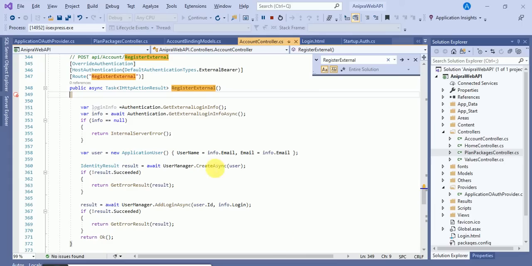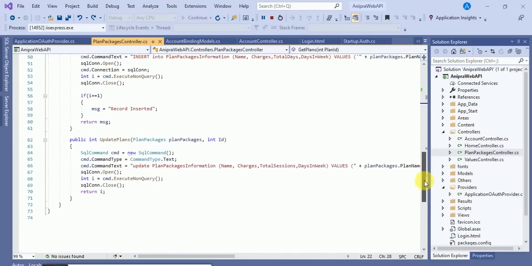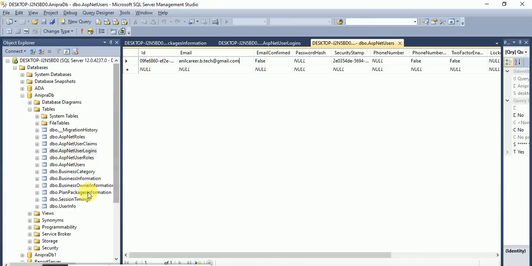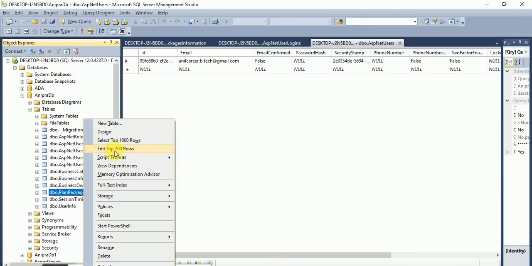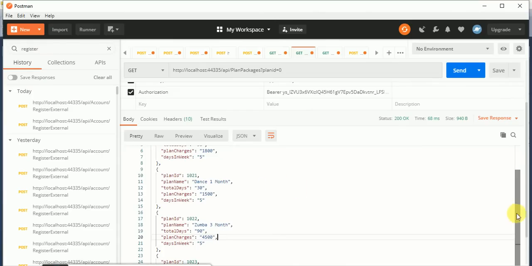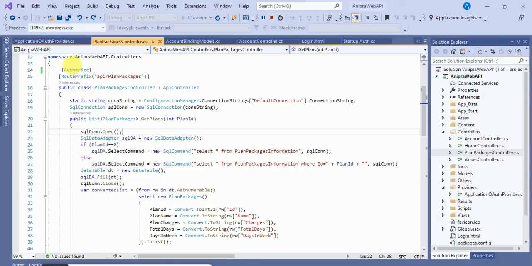How we can create the controller and how we are getting the data, I already told in my previous video. This web API is connected with a database, and in the database we have a few pieces of information over here. These are all the records that we are getting. The same thing, whatever we did on the browser and on Postman, we will try using jQuery.